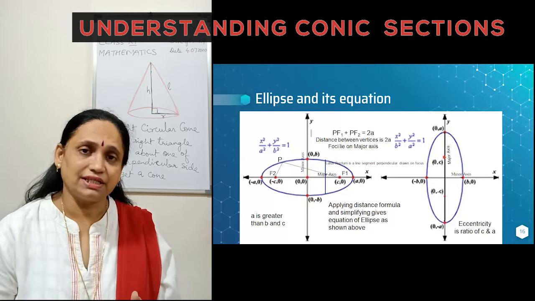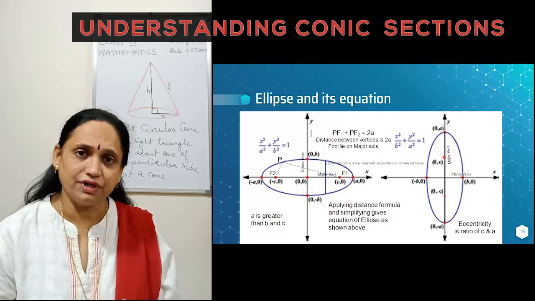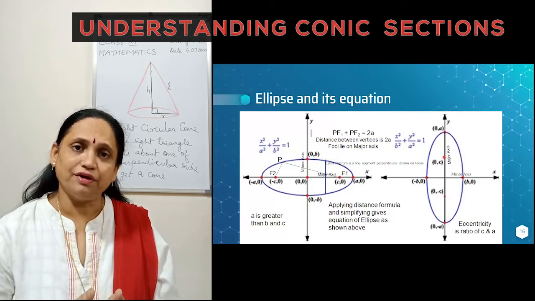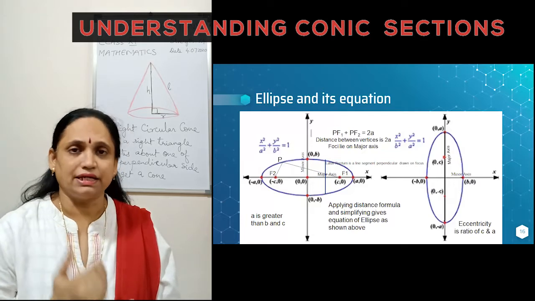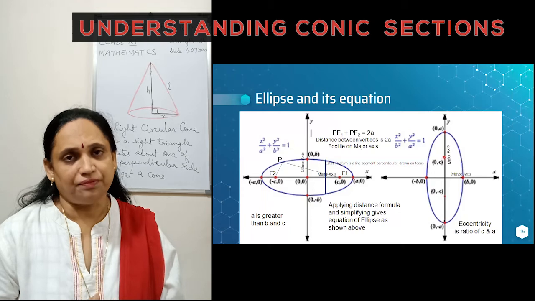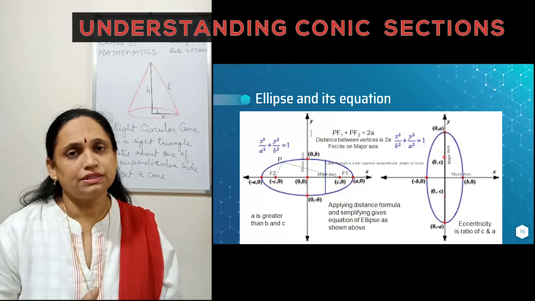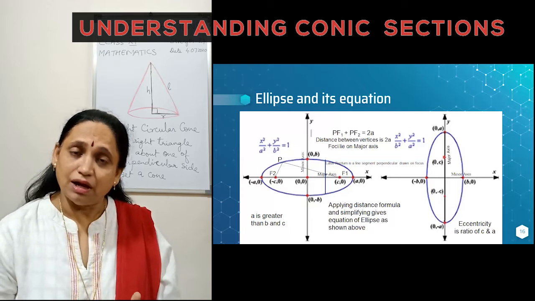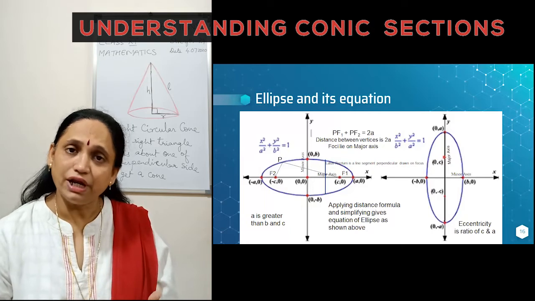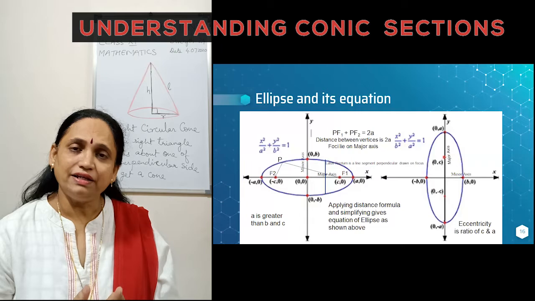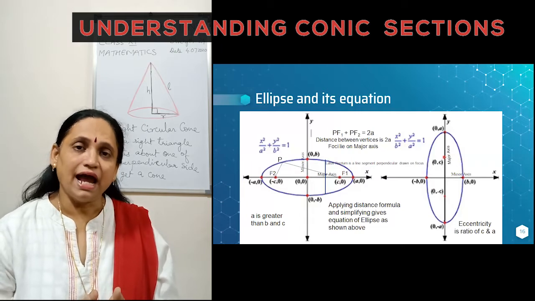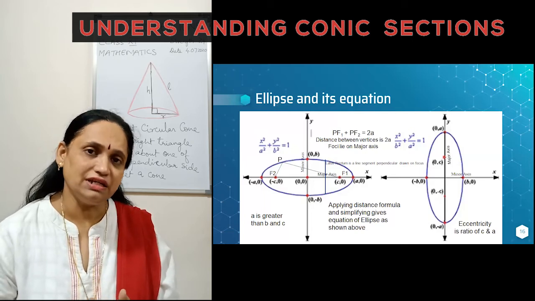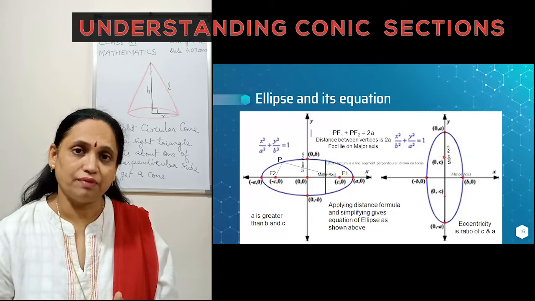So in this case, where the x-axis is the major axis, the coordinates of the vertex would be (a, 0) and (-a, 0). And the point where the ellipse meets the minor axis is called the point B, which is now in this case (0, b) and (0, -b). We got three numbers here, a, b and c. If you look at these three numbers, we would find that they form a Pythagorean triplet and a is the largest among all three. Hence, the relationship between these three numbers is a square equals b square plus c square.